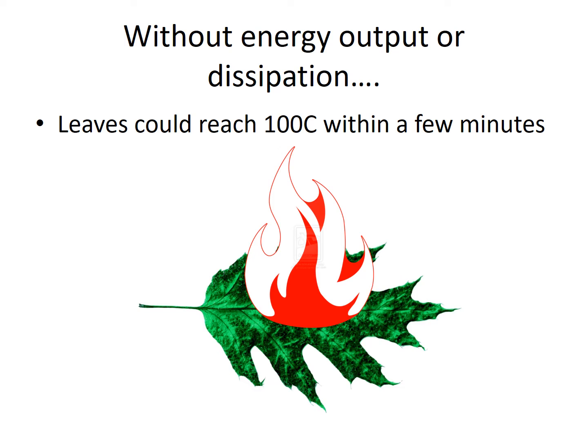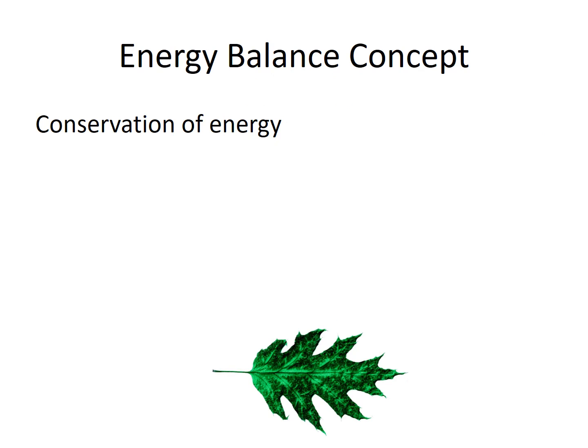Now, we don't see leaves boiling or steaming normally in the forest, so that tells us that leaves have mechanisms for dissipating excess energy. So we'll learn about how leaves take in and dissipate radiant energy, and we'll use the energy balance concept to